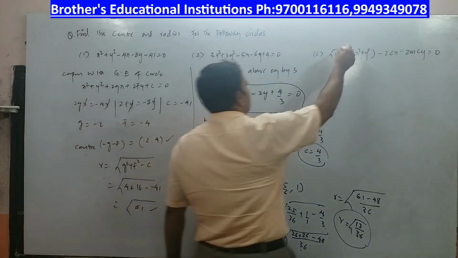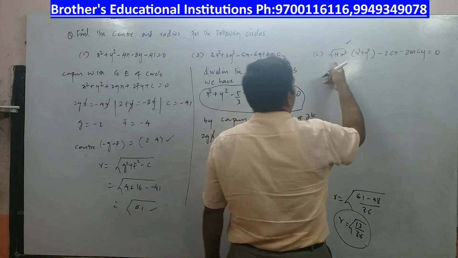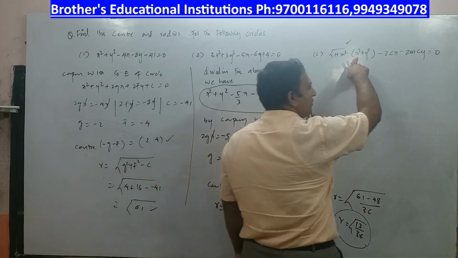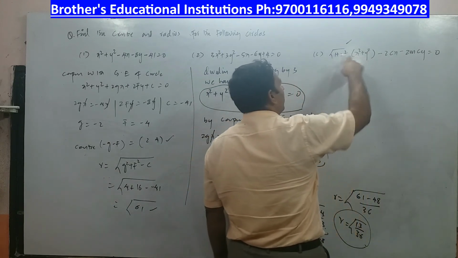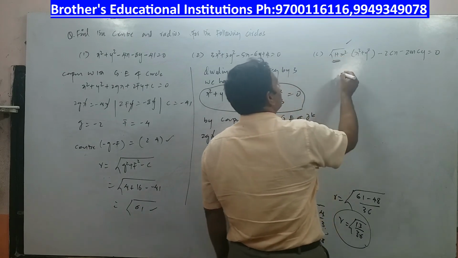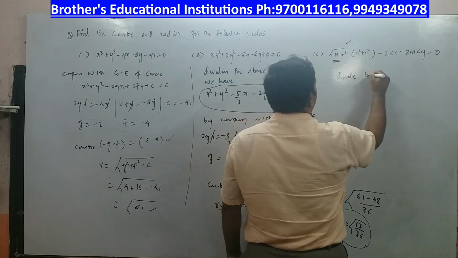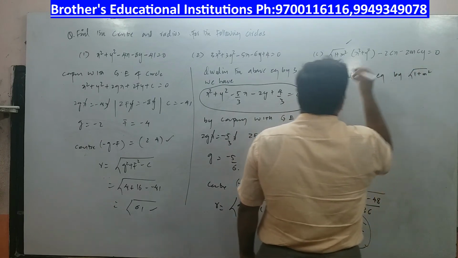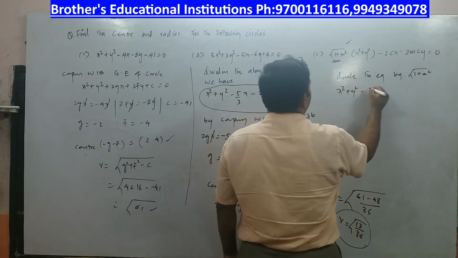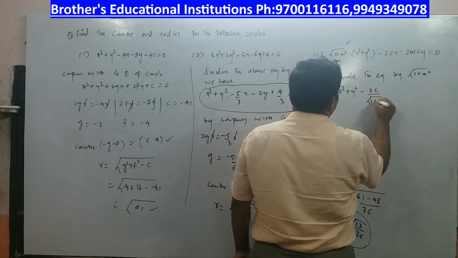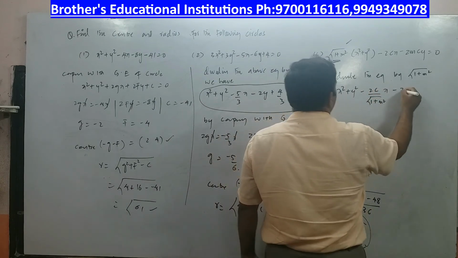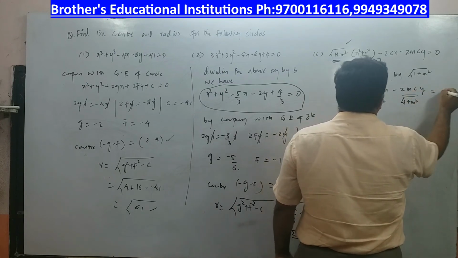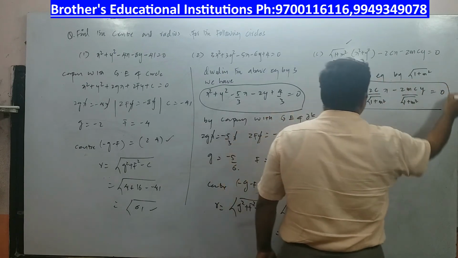You can see there is one more question I have to convert. How will you convert this into standard form? By dividing by the coefficient of x square. What is the coefficient of x square? You might feel it is 1. It is not 1. See, 1 plus m square is there. So I will say, divide the equation by root 1 plus m square. So what do you get? X square plus y square minus 2c by root 1 plus m square into x, minus 2mc y by root 1 plus m square is equal to 0. Now this is the standard form of circle.